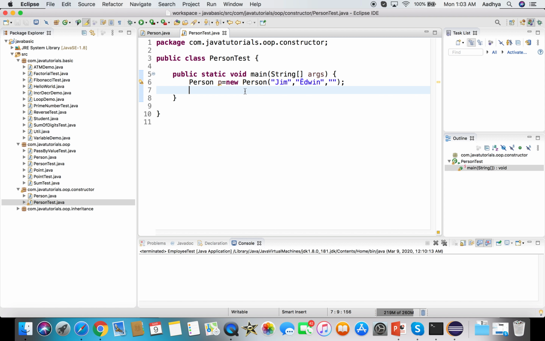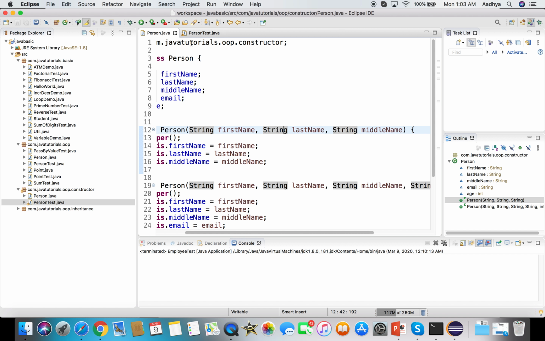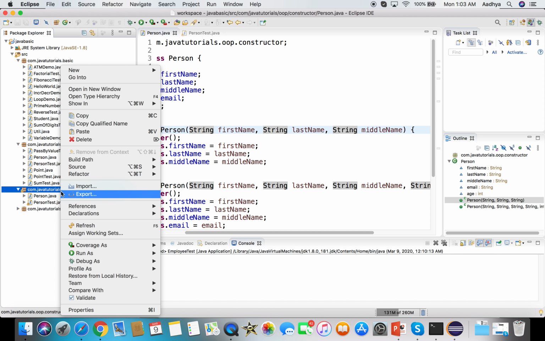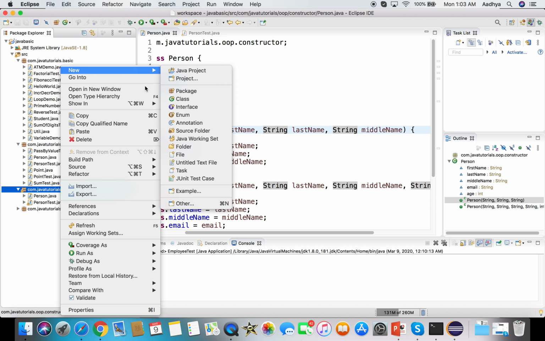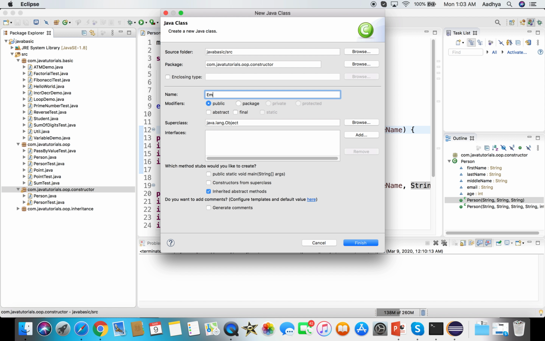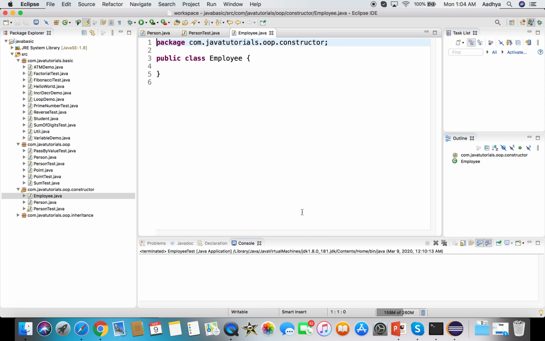Okay, so now this is working because I satisfied the constructor here. Let's try to create a class called Employee and see what happens. New class, Employee, and say finish. Till this point I don't have any problems, but the moment I say this Employee